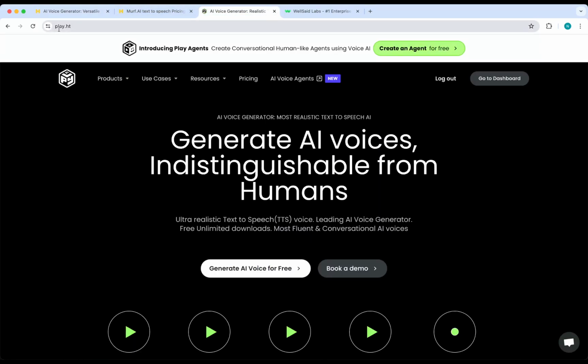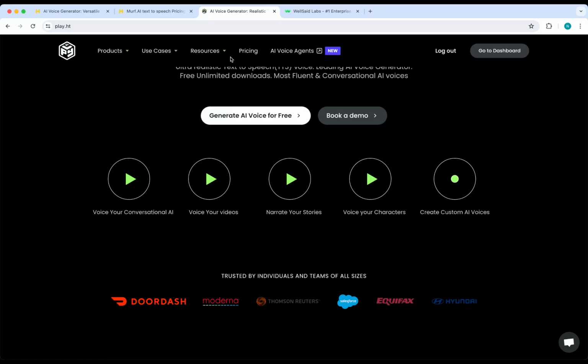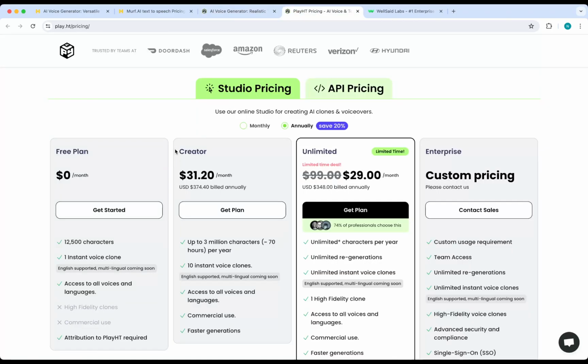Another tool is Play.ht, and Play.ht is also one of the best AI voiceover generators out there. Let's take a look at the pricing of Play.ht, and this one is a bit more expensive, as you can see, because when you pay monthly it is nearly $40 per year, which is quite expensive. But another great deal is that you can use it for free for 12,000 characters, which is even more than ElevenLabs offers you for the free plan. So maybe you can just try to create a new email every time,